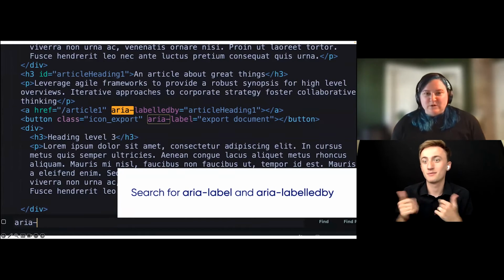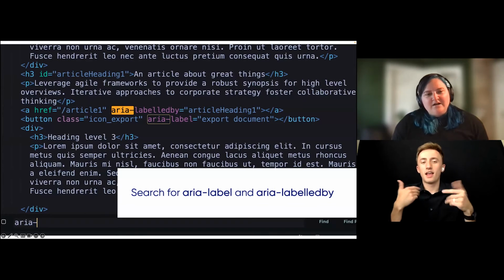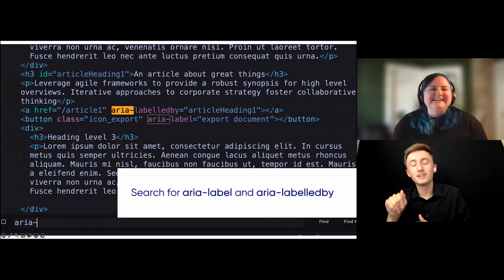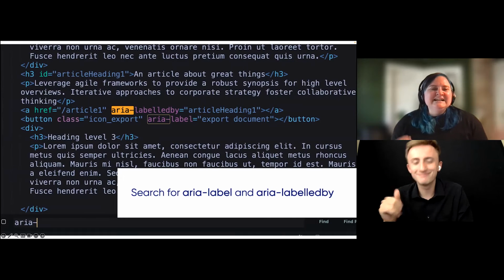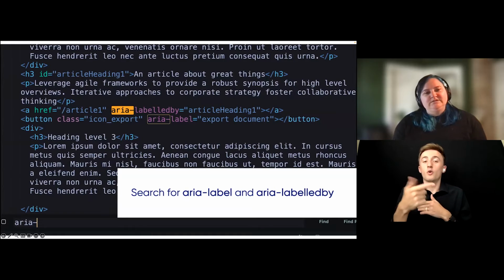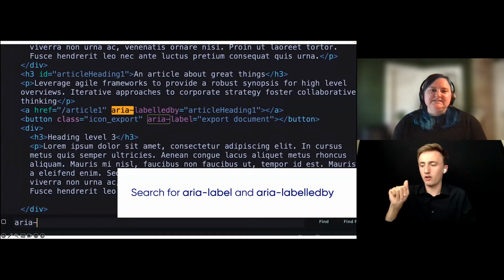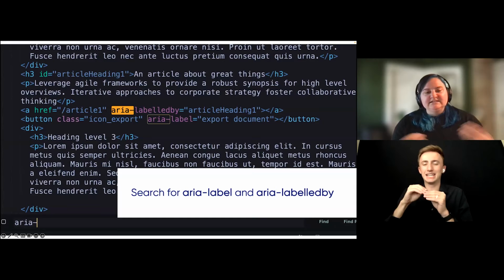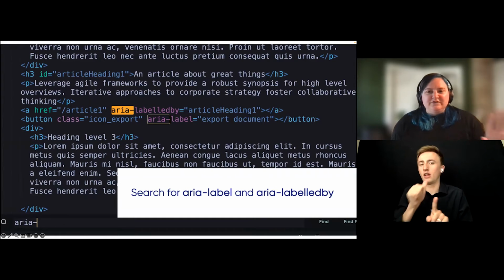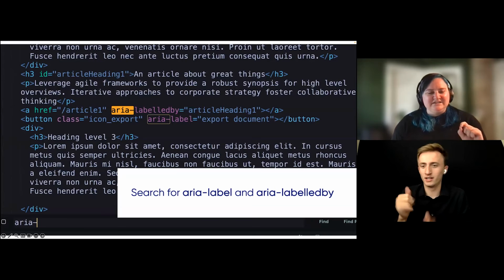I mean, I don't want to squash your excitement about it. However, there's a time and a place for ARIA. The first rule of ARIA is don't use ARIA. I'm certain that's already come up in the chat already. I haven't even looked, but I'm certain it did. But we want to be absolutely sure we are using ARIA label and ARIA labeled by in specific situations where an accessible name does not already exist, right? Again, most overused ARIA in my opinion, and most incorrectly used in my opinion.